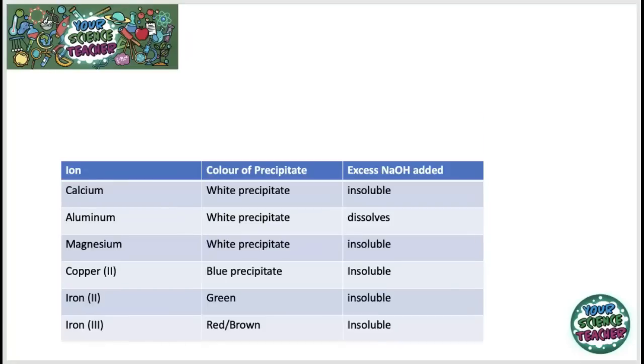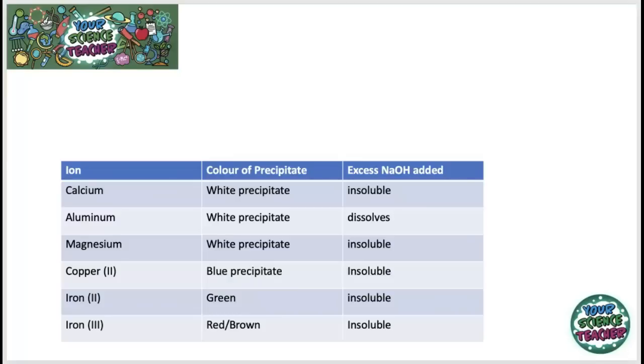If you don't make a clear colour when you put your metal ion in a Bunsen burner, then what you can do instead is add sodium hydroxide to your metal containing compound and see what colour precipitates that you get. Now, the key thing with this practical is to make sure you only add a little bit of sodium hydroxide the first time you add this, because of the fact that